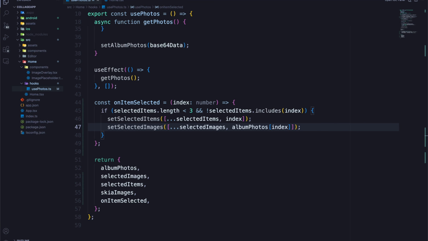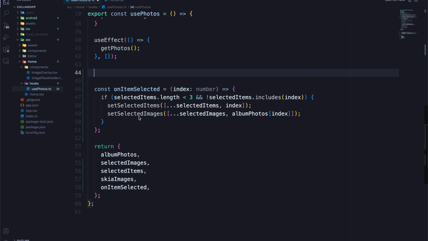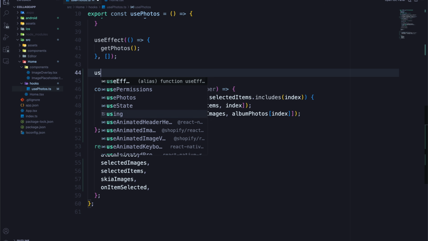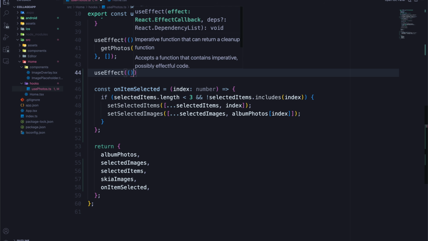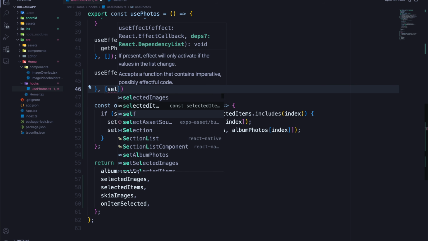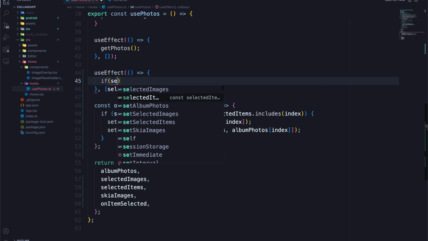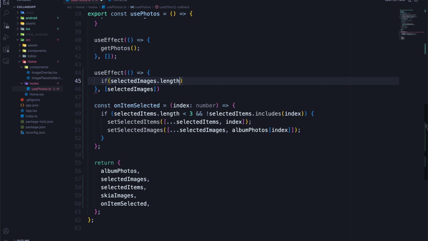So to add the Skia images, it's a little bit quirky. We're going to have to use a useEffect here because you have to do some kind of special stuff to make the base64 encodings into a Skia image. So we're going to say useEffect. And in here, we're going to refresh whenever the selected images changes. And so what we're going to say is if the selected images.length is greater than 0,